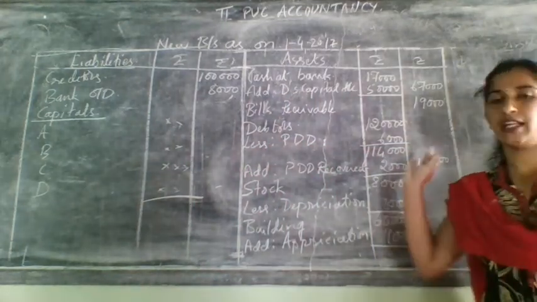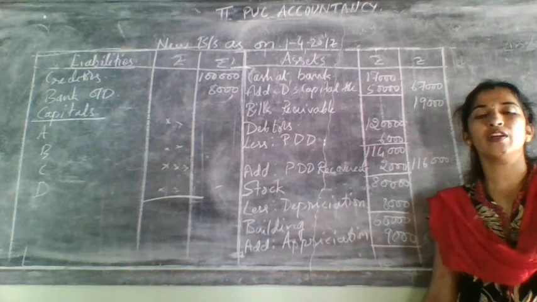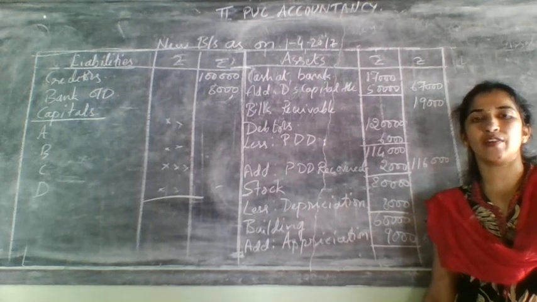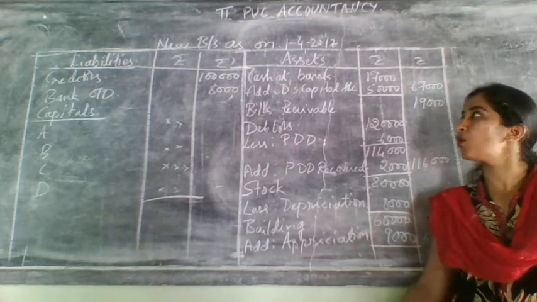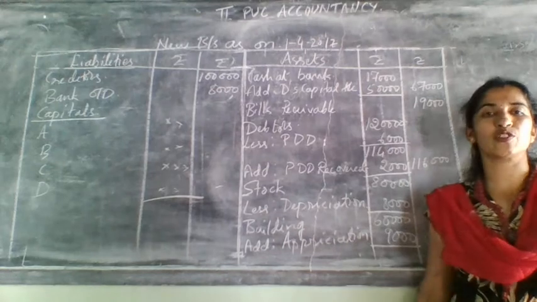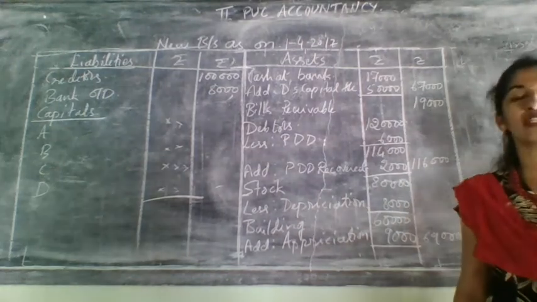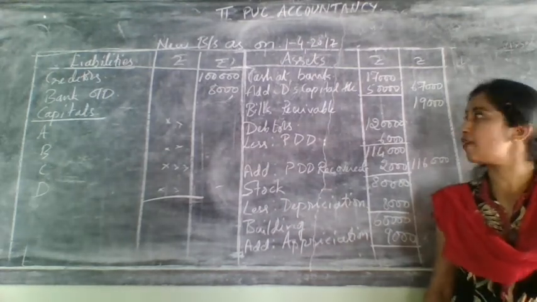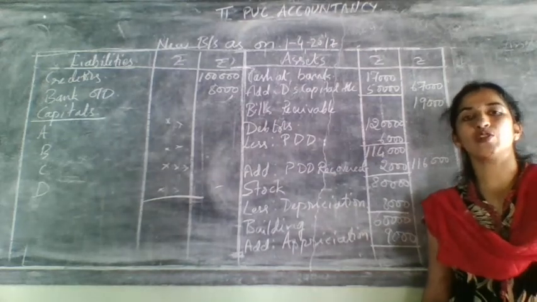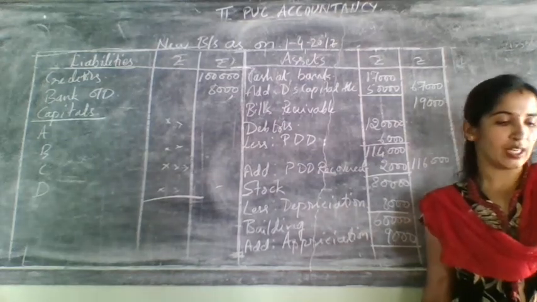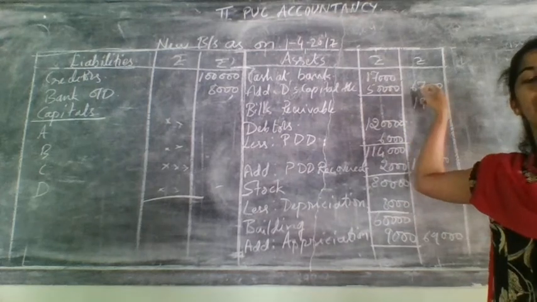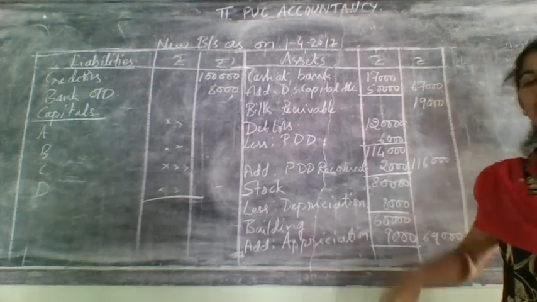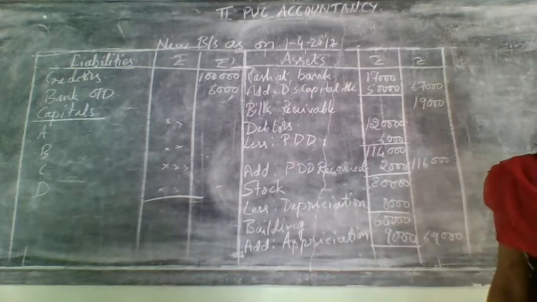So after writing all these things, what I told you is to recheck whether you have done it properly or not. How to recheck? Start from which side? Like how you started this, you need to start from the asset side. Asset side, first item is cash at bank. It was having 17,000. For this you need to add the new partner's capital. How much was the new partner's capital? New partner capital was 50,000. Add that amount and write it in the outer column, 67,000. Next they have given bills receivable.